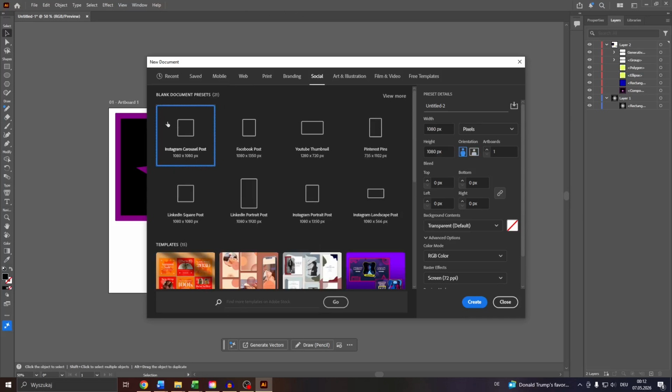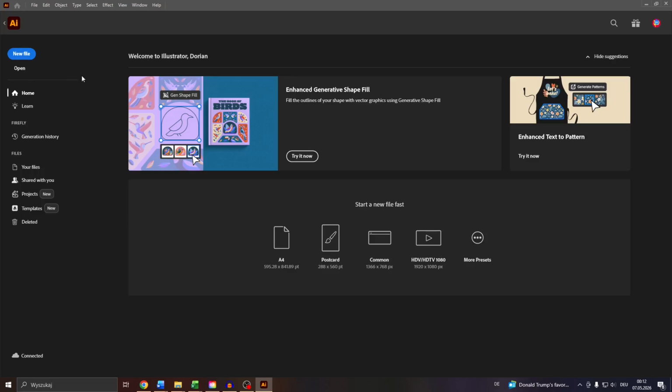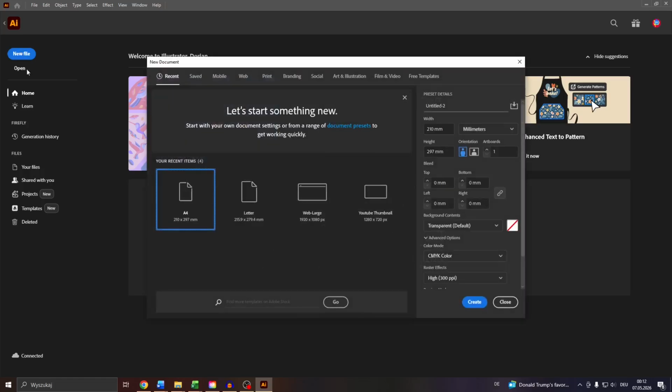So that's one option. Let me just close that window, or you navigate back to your home screen by clicking into this button in the top left. And then you will be redirected to this section. So here, click into New File in the top left. And then you will be redirected to the same preset menu I just showed you to create your new